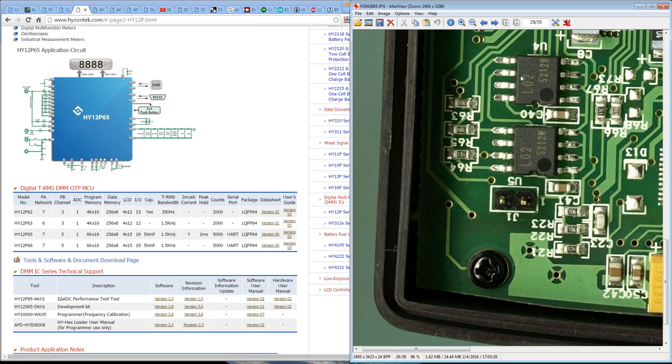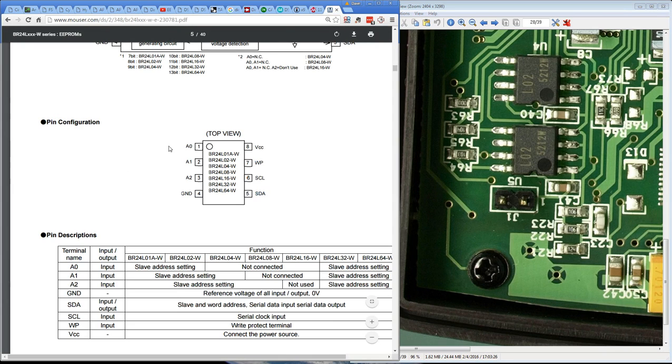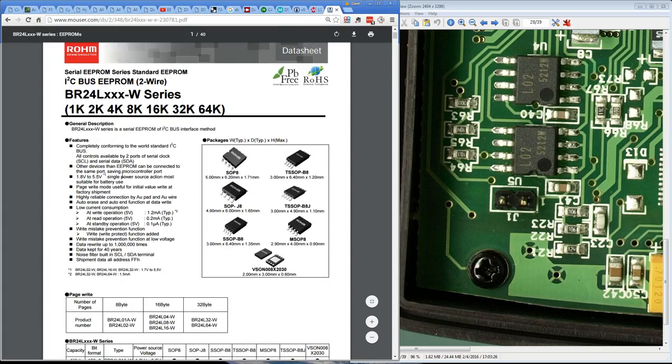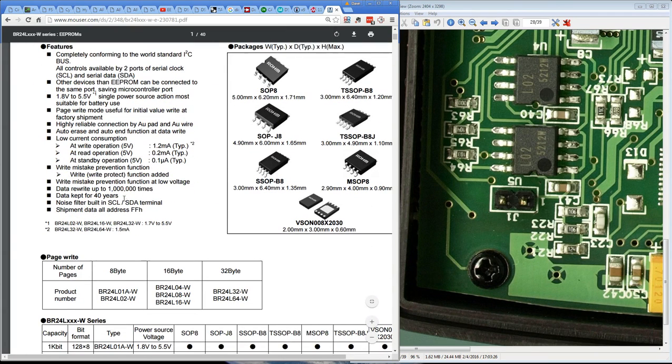It seems like if you're really penny pinching every cent, you would have taken that risk and just not have this calibration jumper here, and just rely on the fact that the software can store in a different address for the power up and down. Well, I guess you don't want to lose your calibration data. How many writes was it on this thing? I don't know, but I guess if you power on the meter 10 million times or whatever, surely it's got 40 years, a million. Okay, so I think your contacts would wear out on your switch before you powered this